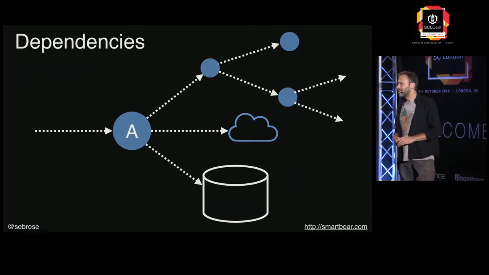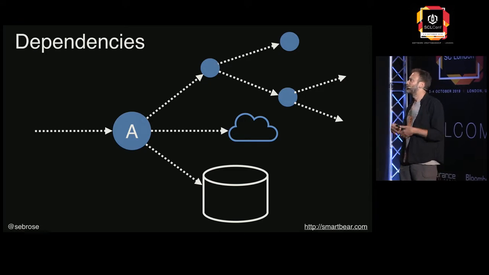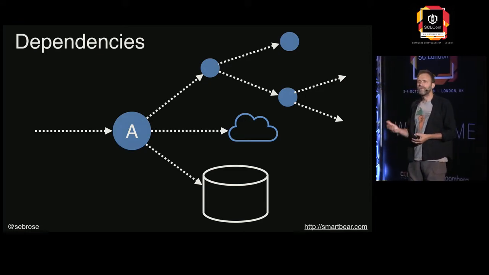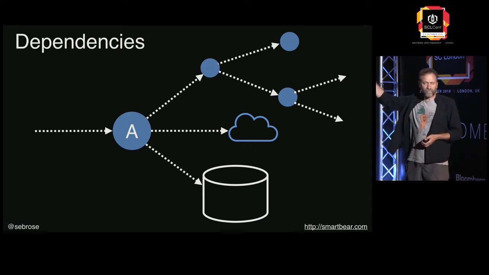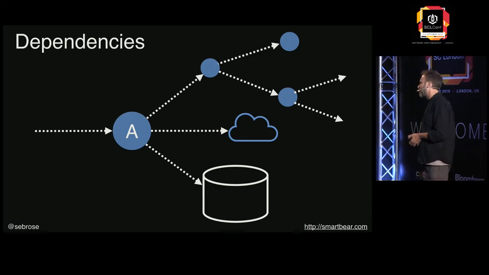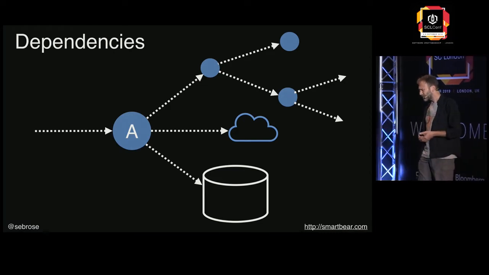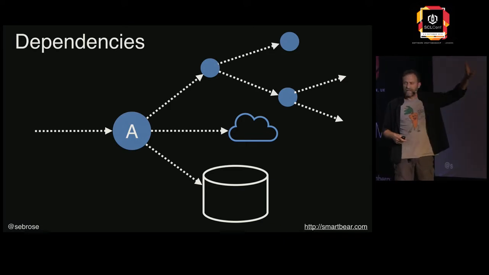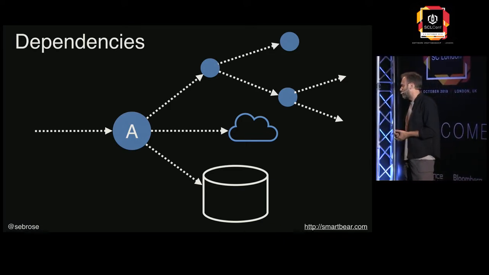We also saw a diagram much like this in Daniel's session yesterday. Basically, it's a component A, which has some dependencies. You all have written components or applications that are dependent on storage systems or services that are either on the cloud or deployed locally, or other components within your system. So the A in the blue circle is here representing a component, and the dotted lines are just the dependency graph.